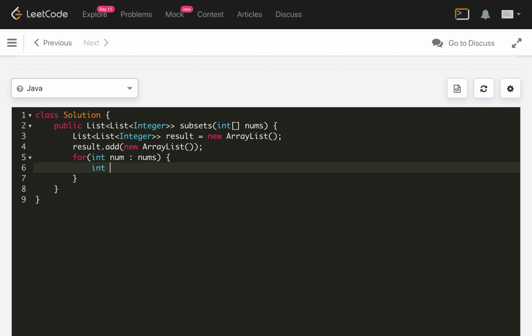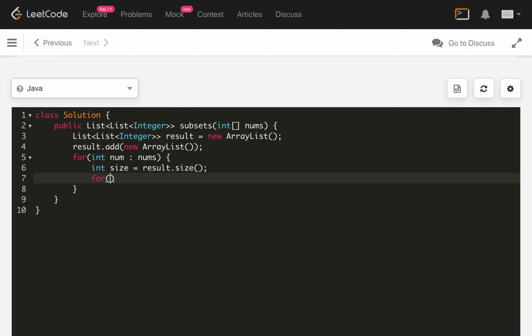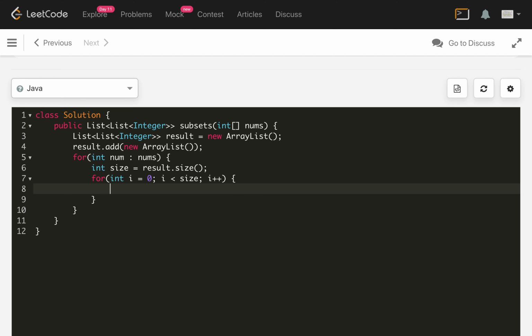So here we will take the size, which is result.size, and then we will iterate with another loop, i equal to 0 till the size, and then i plus plus. Now we will get the new subset. So the new subset will be a list of integers, let's call it subset, which will be a new array list.